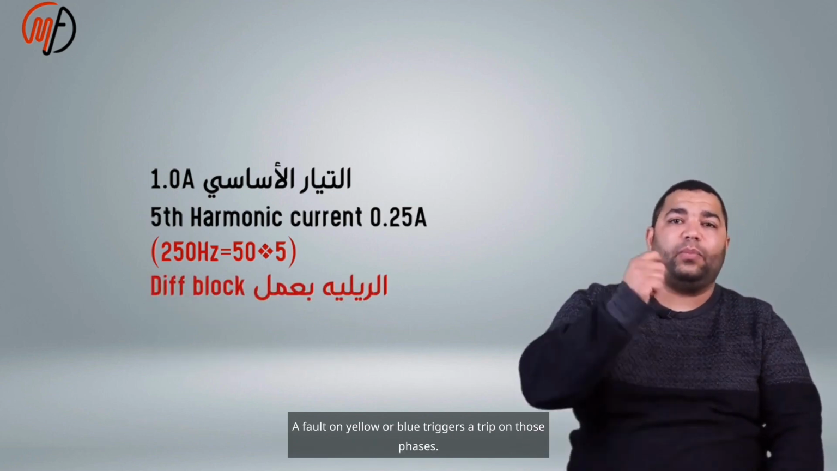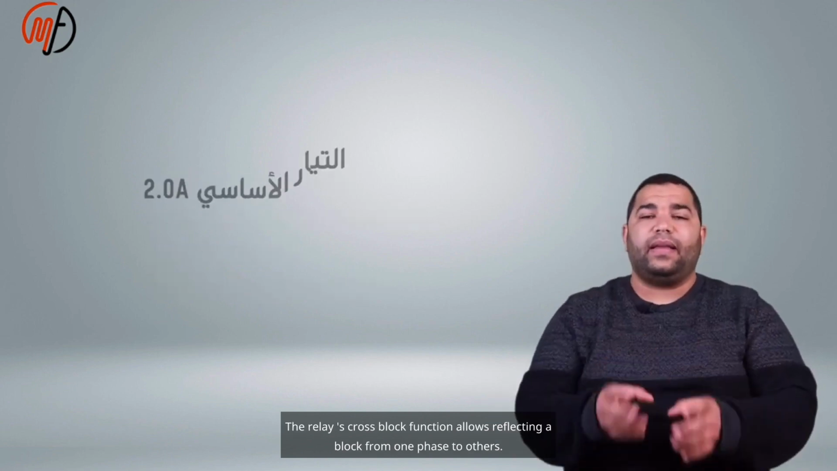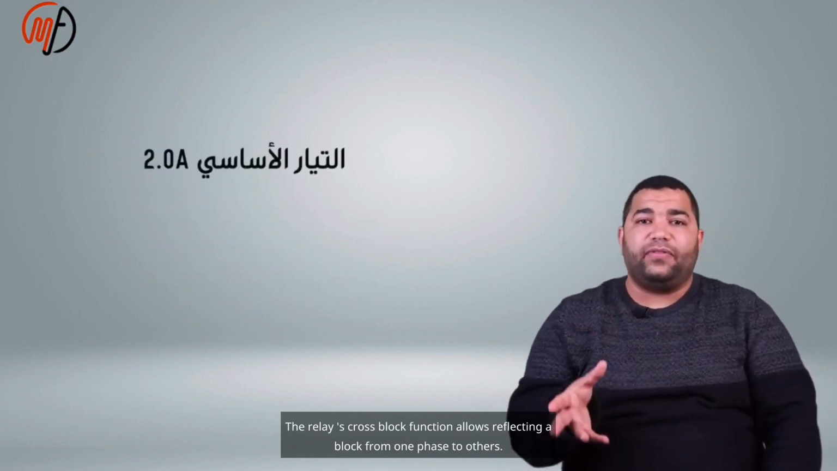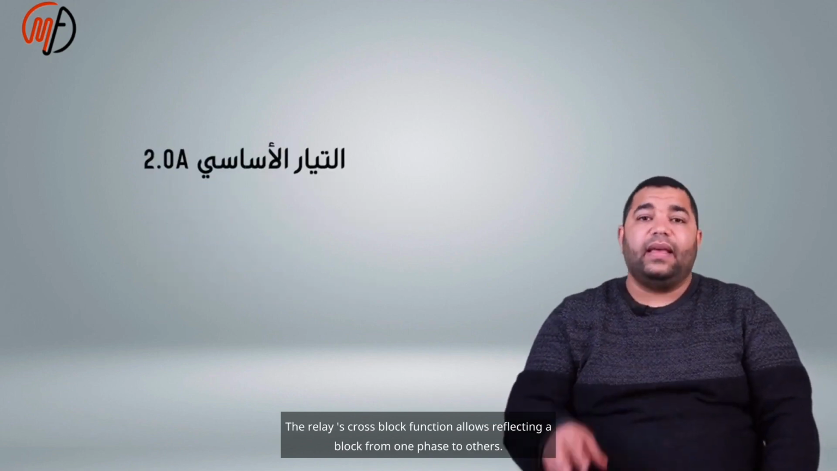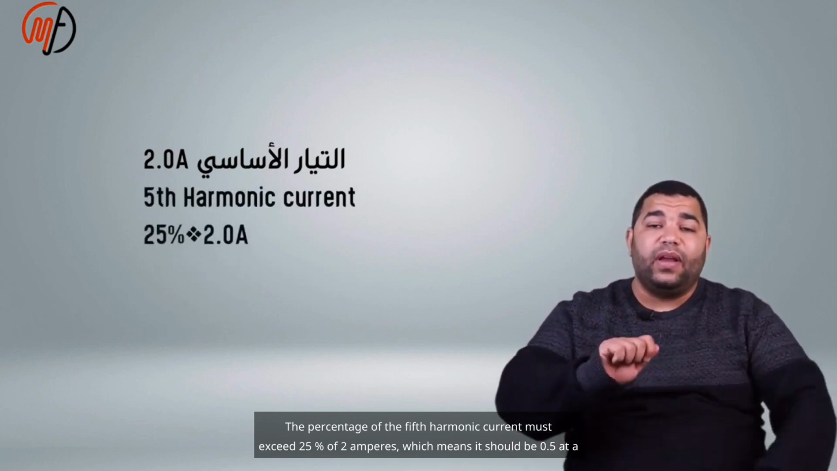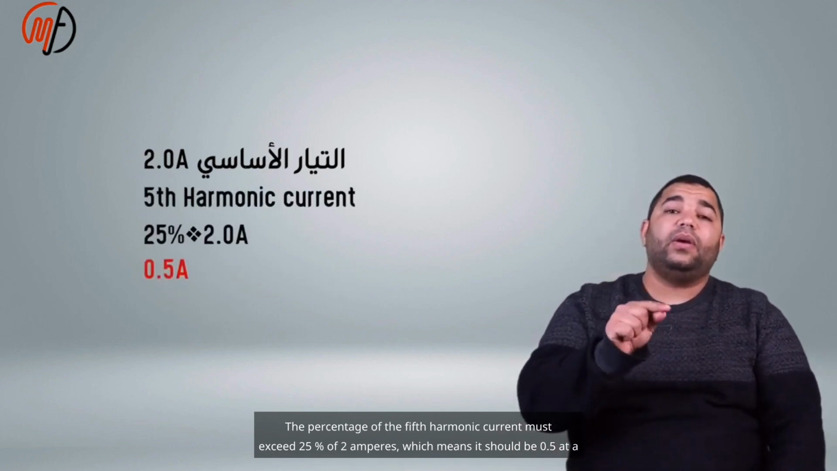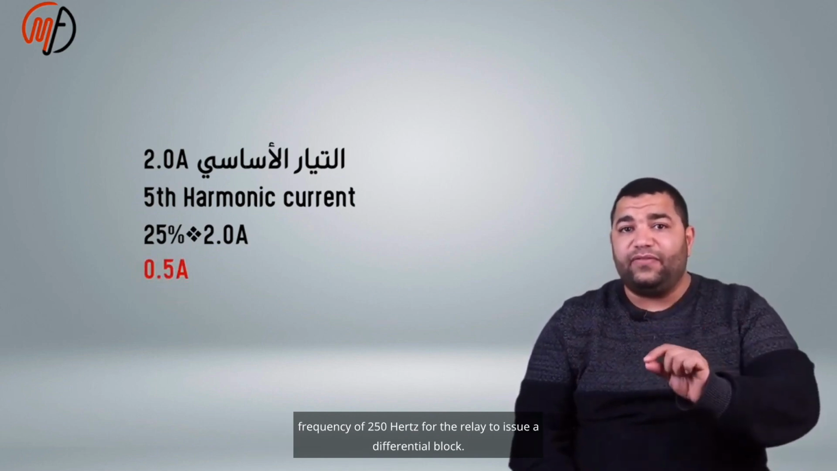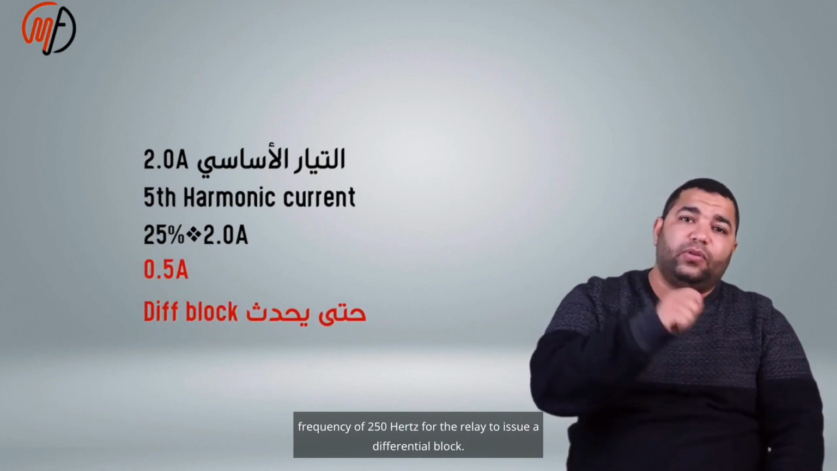A fault on yellow or blue triggers a trip on those phases. The relay's cross-block function allows reflecting a block from one phase to the others. The percentage of the fifth harmonic current must exceed 25% of 2 amperes, which means it should be 0.5 amperes at a frequency of 250 Hz for the relay to issue